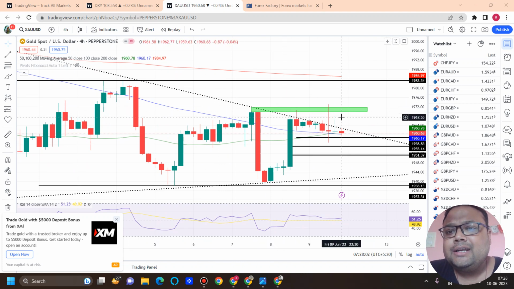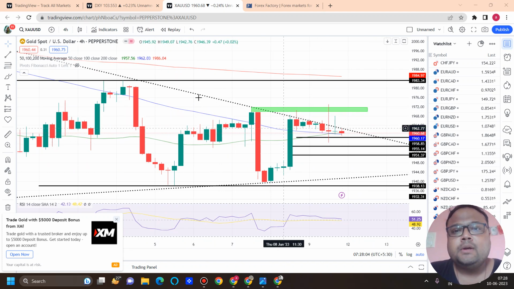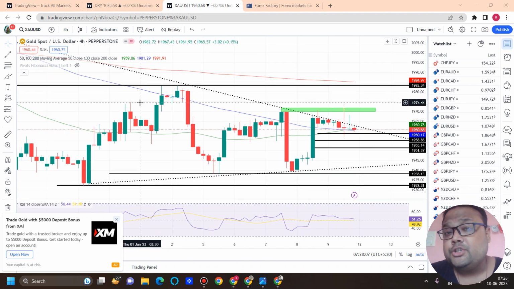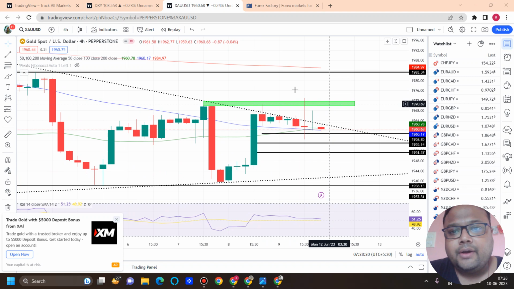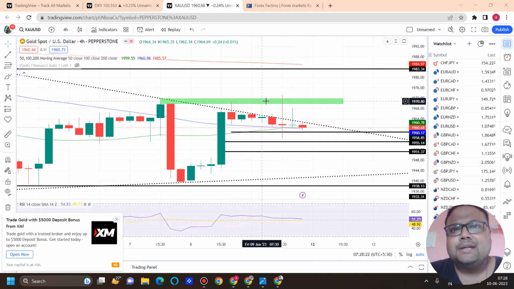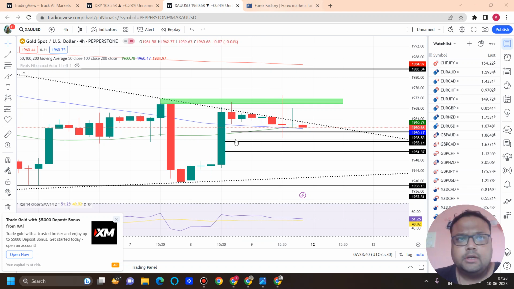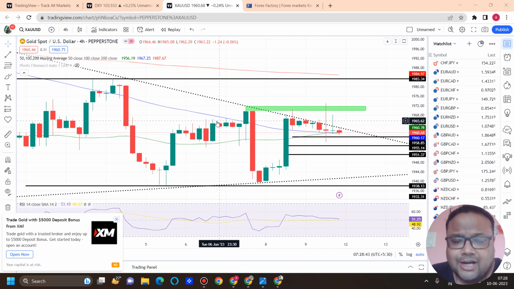Yesterday, gold tried during the US session to cross the triangle here, but there was some sharp price rejection when the news of Canadian dollar came out. There was some sharp price rejection from above, and ultimately gold closed inside the symmetrical triangle only. And if I zoom in, then we can clearly see that there is no clarity regarding the direction of gold as well. So in simple words, the chart of gold is not very good to trade right now because we don't have any clear direction regarding the next move.